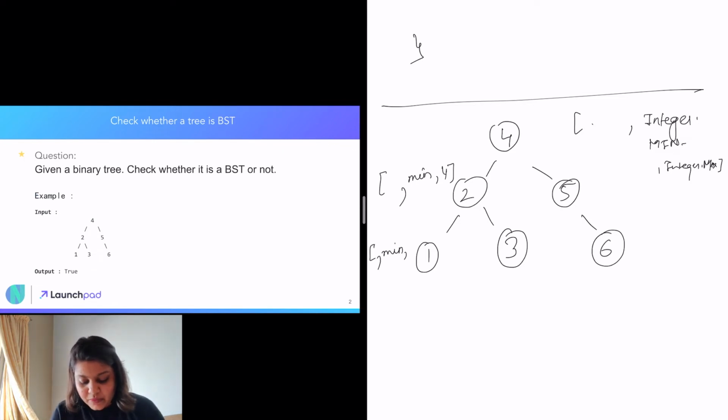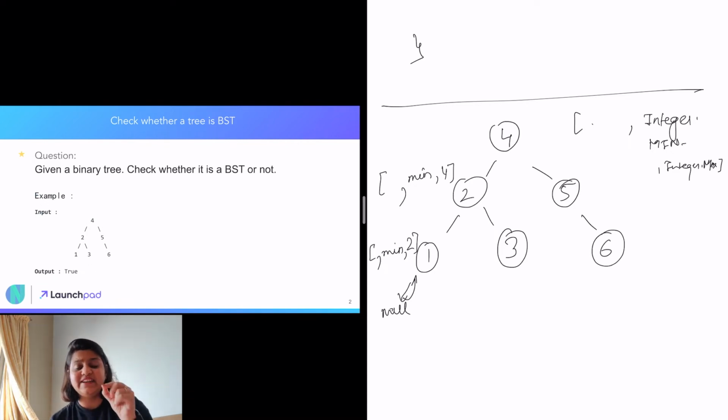Now here when we go, our min doesn't get changed, but our max gets changed. Now this particular node and its left and right child cannot have values more than 2. And also 4, but since it cannot have values greater than 2, of course it cannot have values greater than 4. So now we check if this root is equal to null. No, it is not. But then we check if the value is less than min, which is min, or greater than 2. No, it is not. So the node follows the restriction. So we go to its left child, which is null. We check if root is equal to null. Yes, so we return true.